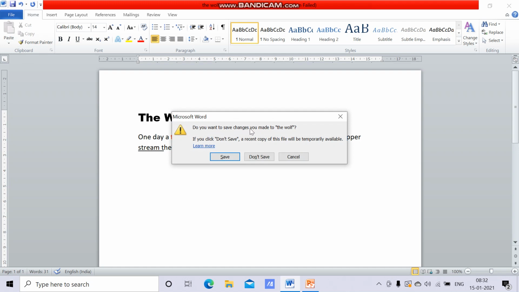It will ask whether you want to save the changes. मतलब कि जो आपने document खोला and you have done the changes, whether you want to save the changes, you don't want to save the changes, or you don't want to close the document. These are the three things that you can choose. You will click on that and that function will occur. Right now I don't want to save it, I don't want to close the document, so cancel it.